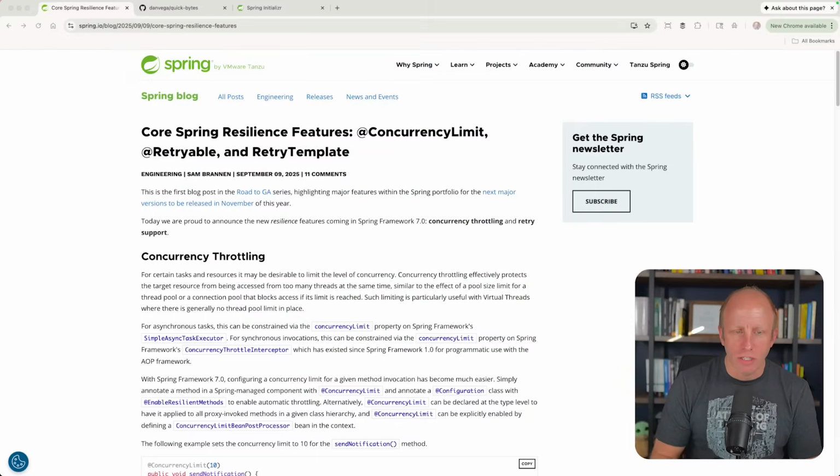In the past, if you wanted to take advantage of some of these features, you would have had to bring in an extra dependency, the Spring Retry project. That is going to go into sunset mode now, as a lot of these features are baked right into the framework. I'll start off here by heading over to my screen, and I'll show you this blog post